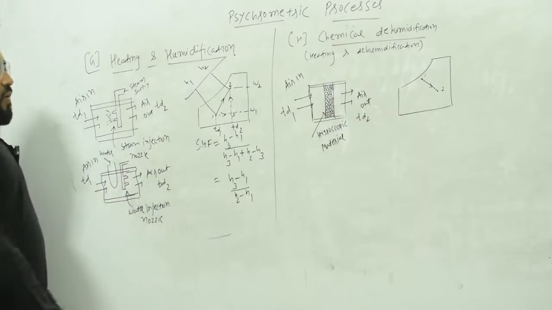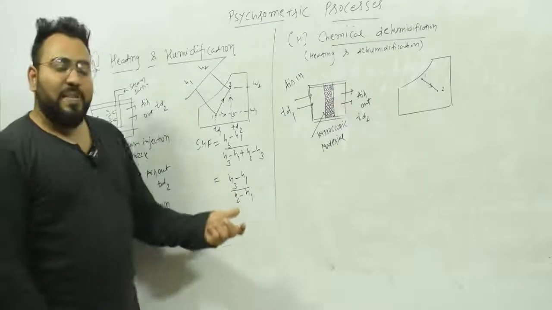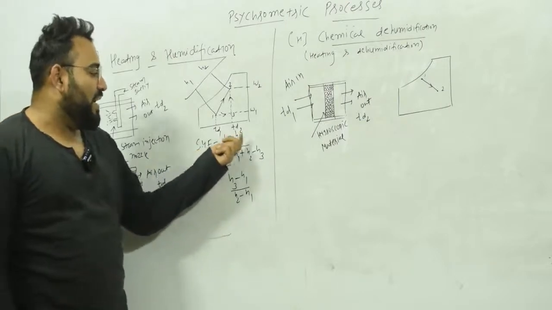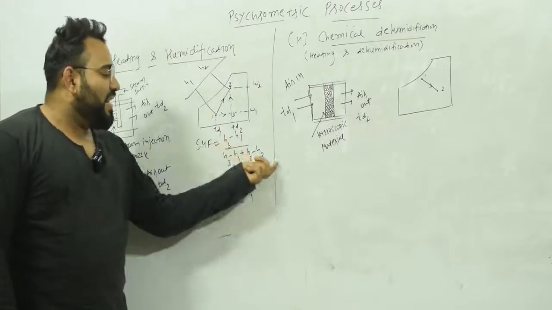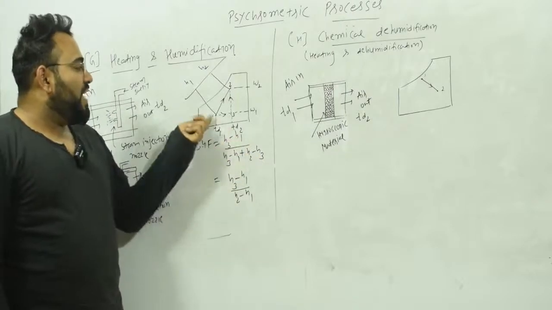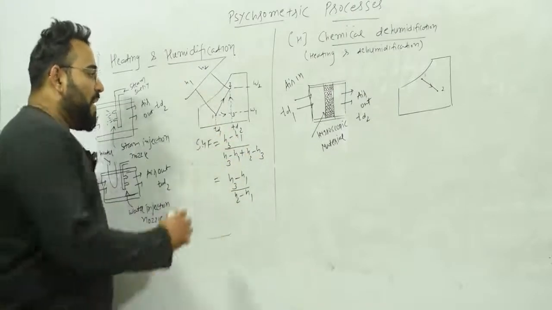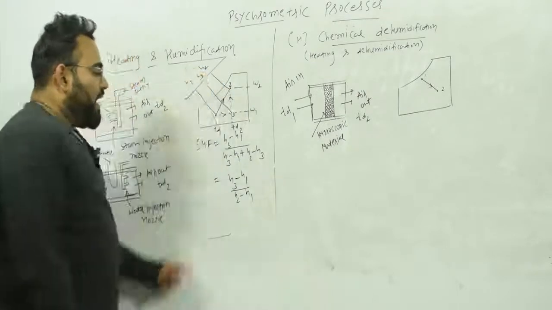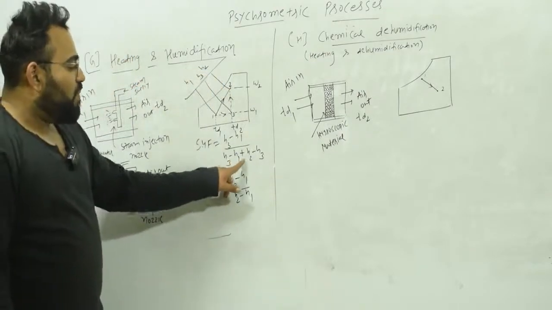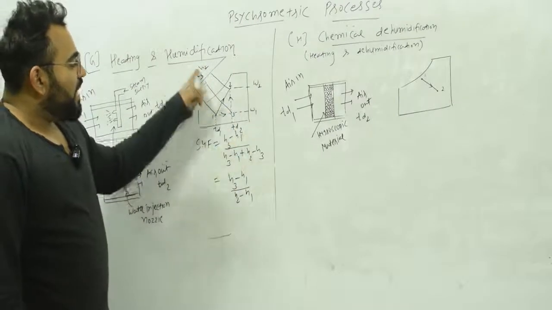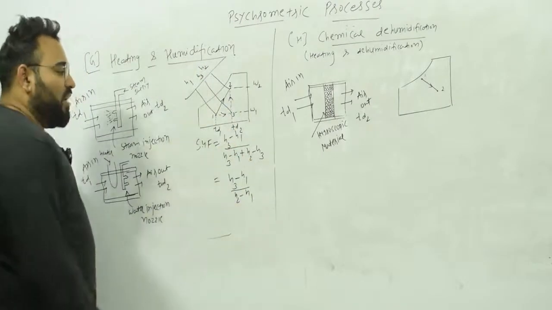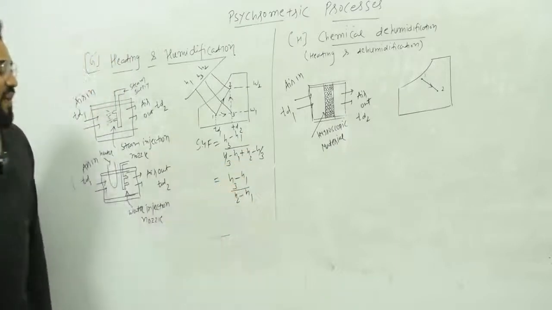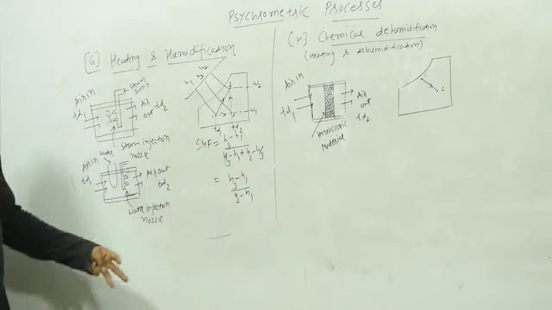Okay, so for this, can you find the sensible heat factor? Yes, it is very easy. The sensible heat factor will be sensible heat upon sensible heat plus latent heat. Sensible heat will be H3 minus H1. In the same way, latent heat will be H2 minus H3. So the sensible heat factor is (H3 minus H1) upon (H3 minus H1 plus H2 minus H3). What will happen? H3 cancels, so it is H3 minus H1 upon H2 minus H1. This is how you can find the sensible heat factor.